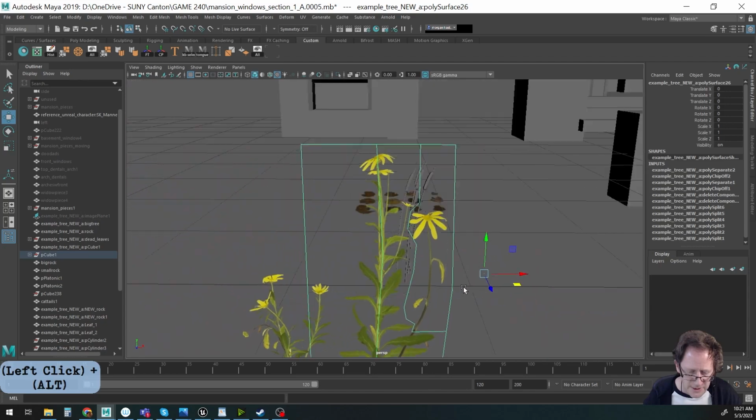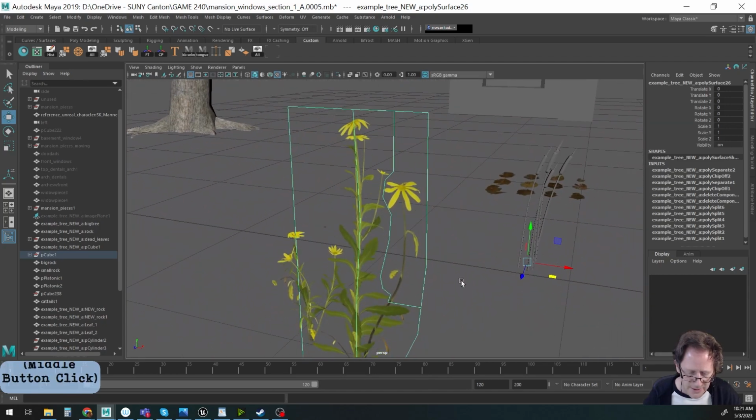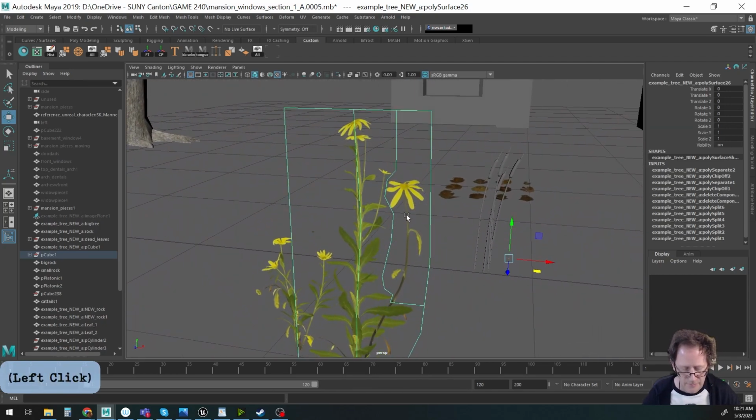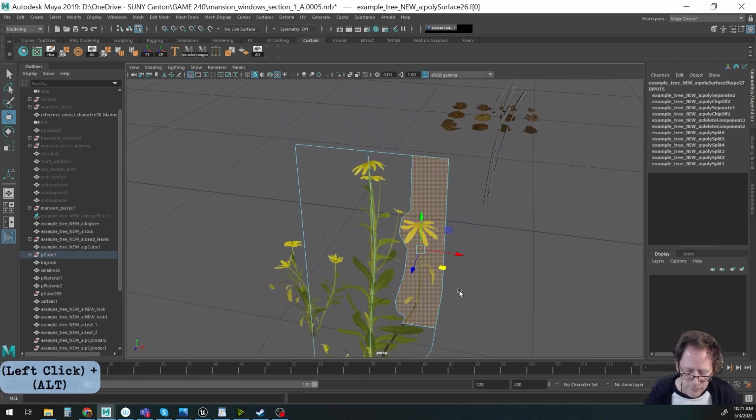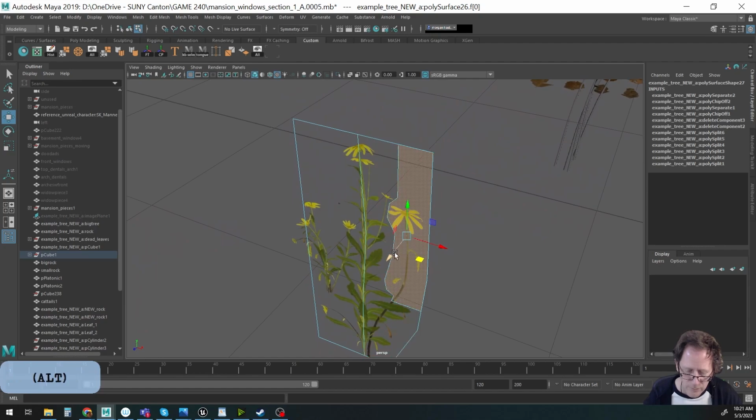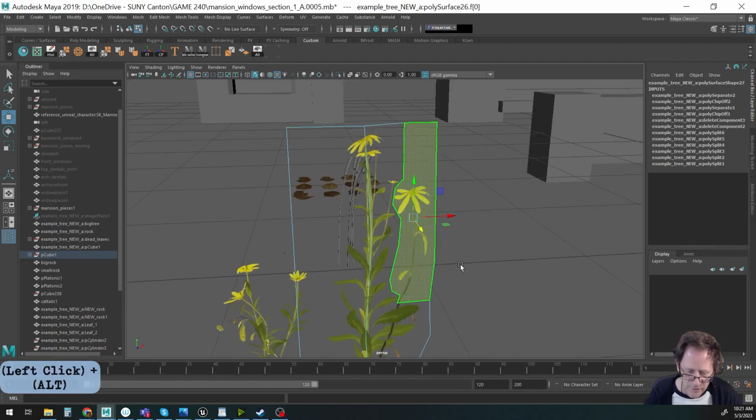Now the thing about this is that it's flat, so it's going to be pretty obvious that it's flat. The problem with this is that if we move it like that,